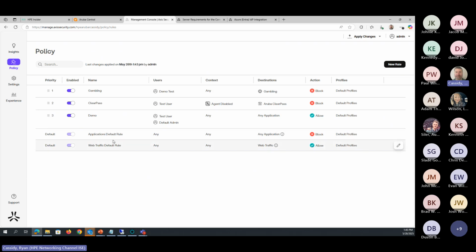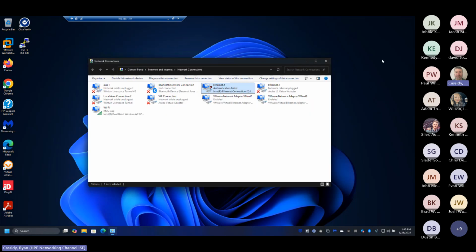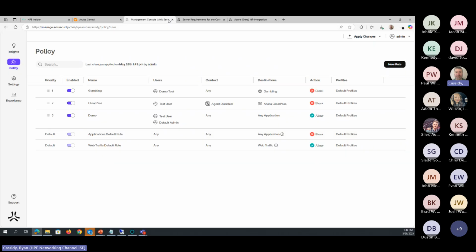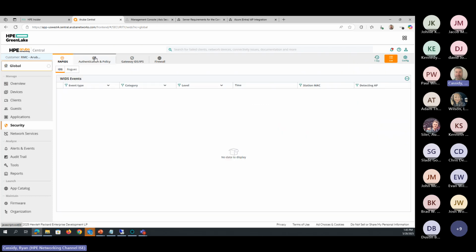I'm going to show you what that looks like when you log in via a client now. So let me bring up my RDP machine here, and I can actually close this out. One thing I did want to point out here briefly, I mentioned NAC earlier, ClearPass or Cloud Auth. The client I'm using, I am actually using NAC, Cloud Auth from Aruba Central. So if we go down and look here for that client,